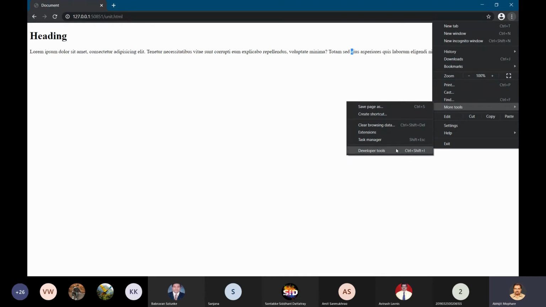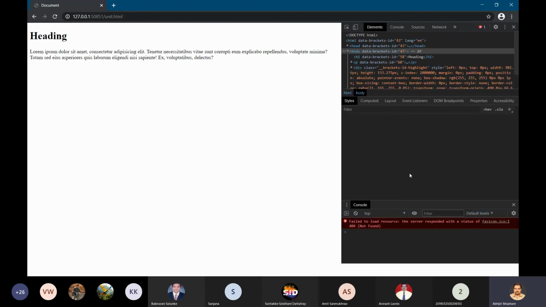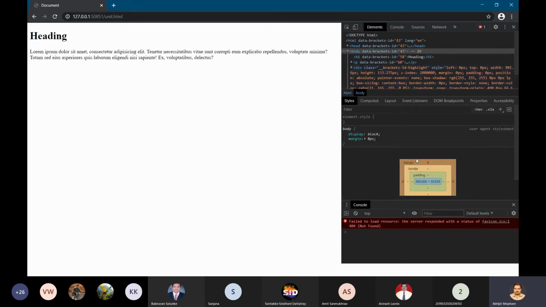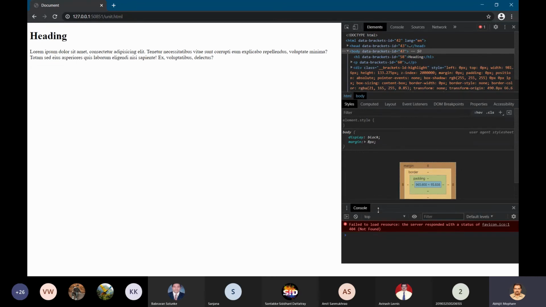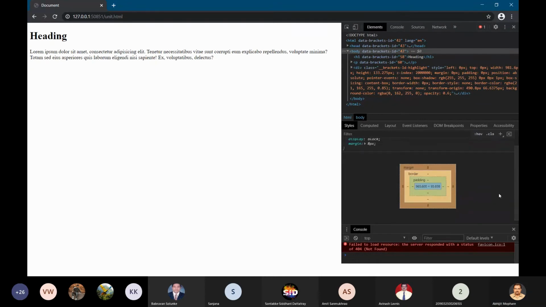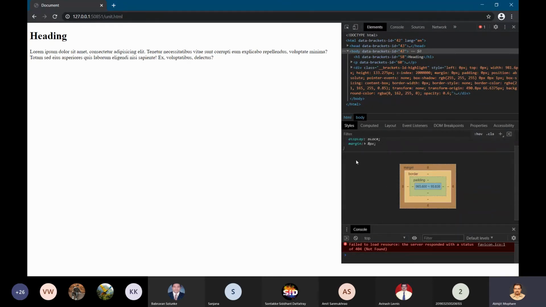The shortcut for opening the developer tool is Control plus Shift plus I. I hold Control Shift and press I, and the developer tool opens up. Here below you can see the box model, the CSS box model.